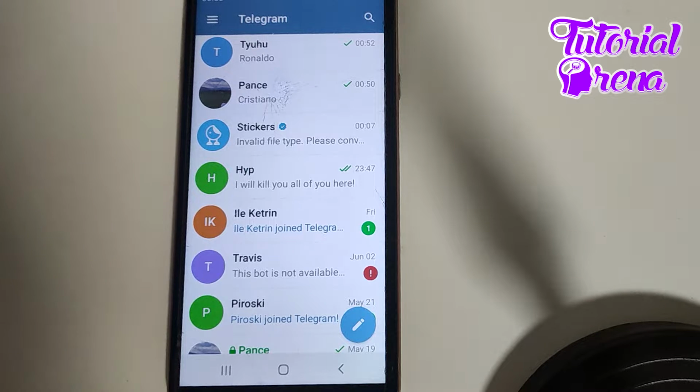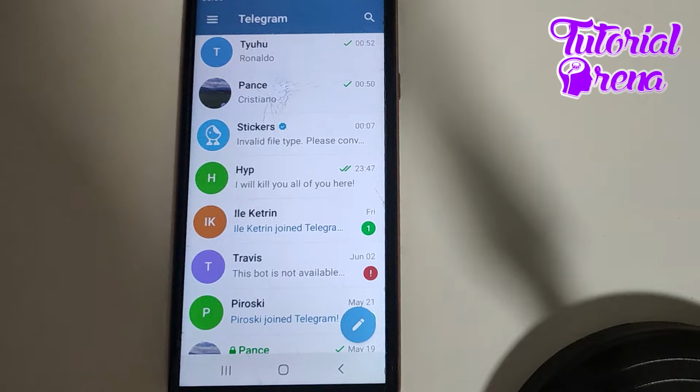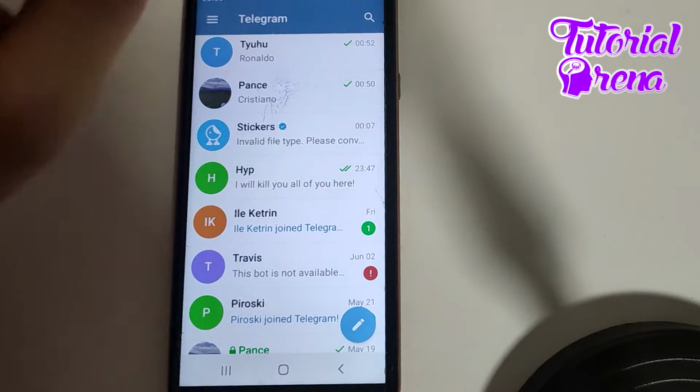In this video I will show you how to add someone on Telegram via username. Firstly, you need to make sure that you have opened your Telegram application. Then, if you want to add someone on Telegram via username, you need to tap on your